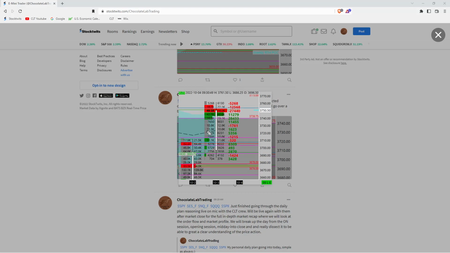So I've spoken quite extensively on the YouTube that a P-shaped distribution is a lot of sellers. Most of the volume is done up here. We can see a double selling imbalance, double buying imbalance. Bulls and bears are fighting each other right here. So what can we take from this? Since there's so much volume concentrated right here, underneath these buyers,